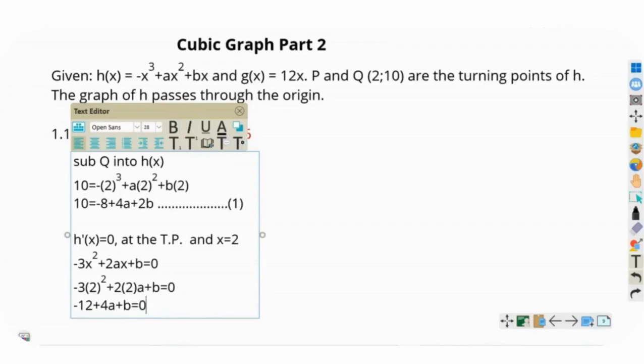So this is equation 2, but let me make b the subject because the coefficient of b is 1. So I'm making b the subject so that I can substitute in equation 1. Okay, I'm going to say b equals 12 minus 4a, because I'm taking 12 to this side. It was negative, it becomes positive, and when I take 4a from this side to the other side, it becomes negative. Okay, so this I'm going to call equation